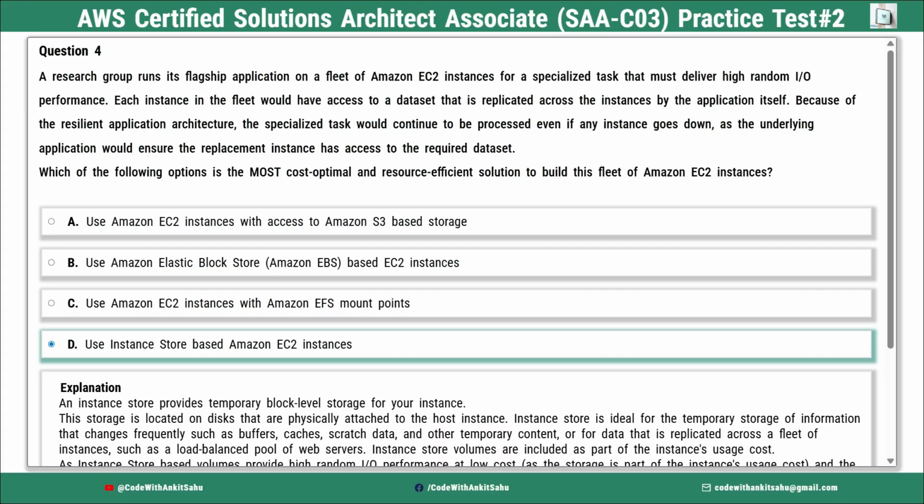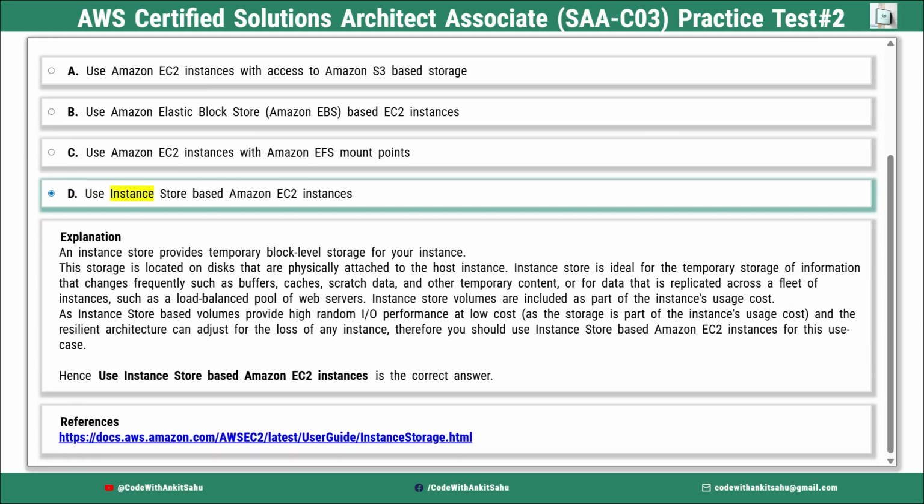Correct answer. Option D. Use Instance Store-based Amazon EC2 instances. Explanation: An instance store provides temporary block-level storage for your instance. This storage is located on disks that are physically attached to the host instance. Instance store is ideal for the temporary storage of information that changes frequently, such as buffers, caches, scratch data, and other temporary content, or for data that is replicated across a fleet of instances, such as a load-balanced pool of